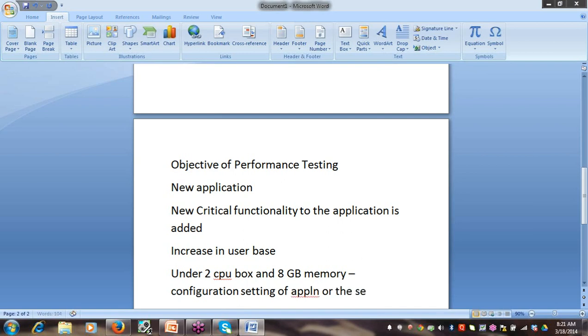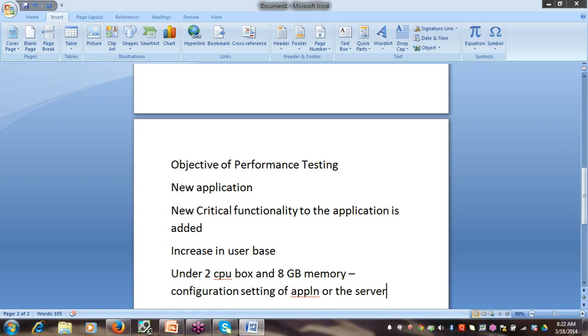This is also a point why the client thinks their application should go into performance testing, because they want to see the effects of changes in the configuration, like under a 2 CPU box and 8 GB of memory, how that number of virtual users would perform for that application. So they want to see that as well.